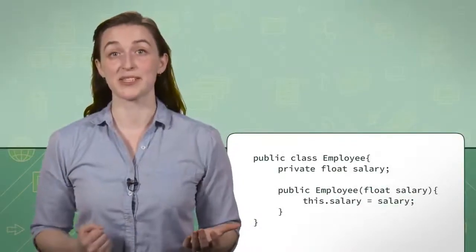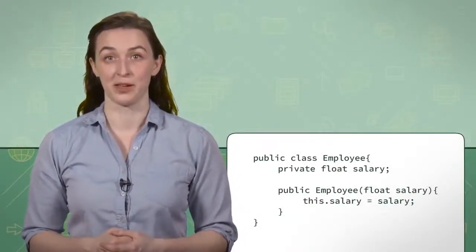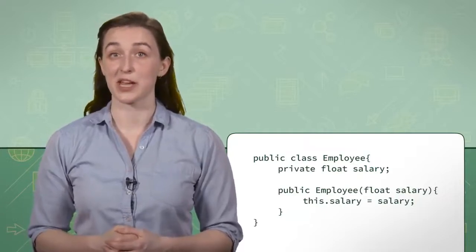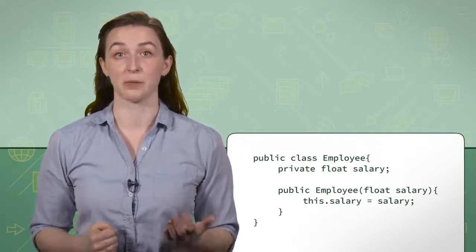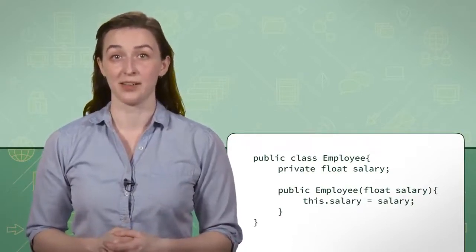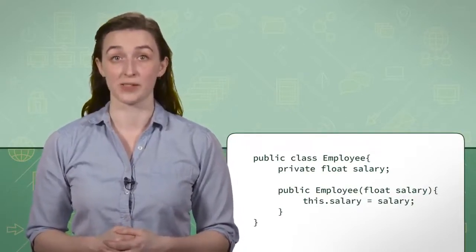This example is the same as our human and brain example. The employee cannot exist without a salary, and a salary cannot exist without an employee. On instantiating an employee, the salary part is made. The salary must always exist as long as the employee does from that point on. Composition is the most dependent of the decomposition relationships. It forms a relationship that only exists as long as each object exists.